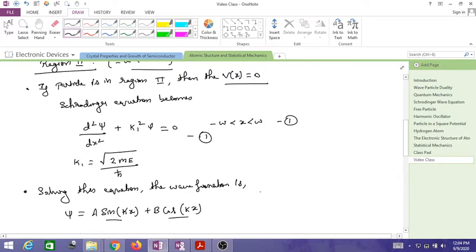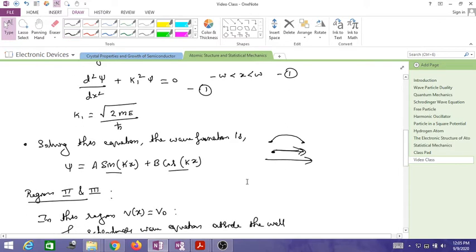So it means when a particle is within the box and when it moves within the x direction, if this is the x direction and this is the particle, if it is moving in one dimension, that is in the x direction, then this motion is replicated in the form of a sum of sine and cosine functions. So a sin kx plus b cos kx. Then we will get some kind of a wave motion, something like this, between the two points.